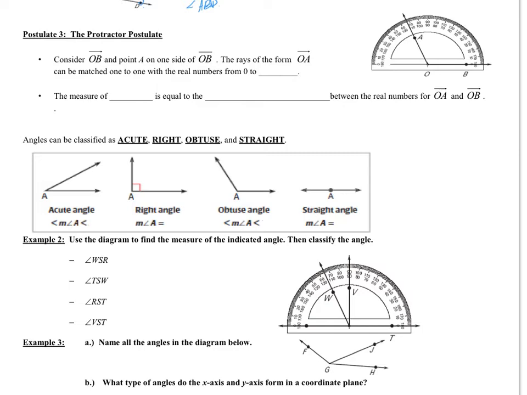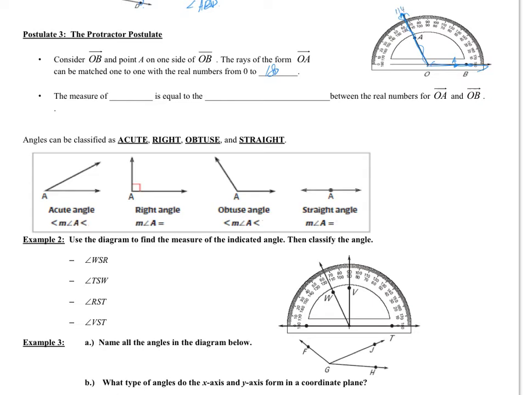Postulate 3, the protractor postulate. Consider ray OB and point A on one side of OB. Let's disregard this ray for now. The rays of the form OA can be matched one-to-one with the real numbers from 0 to 180. So for now, if this were A here, it's going to be matched to 0. So if I were to move the ray to this given ray here, I can match this ray to about